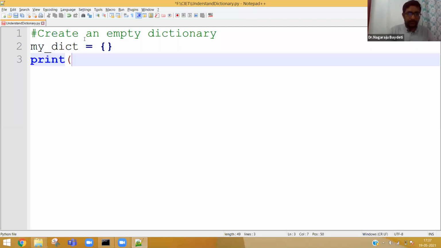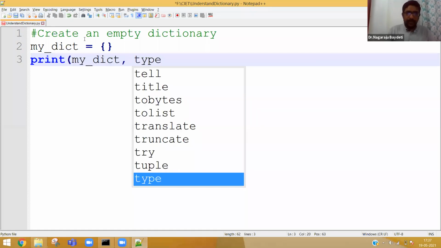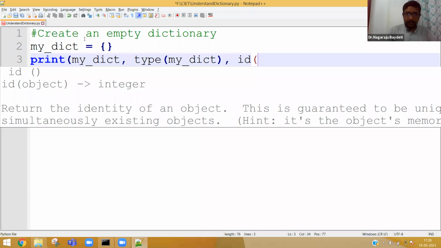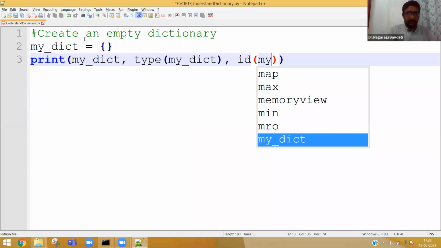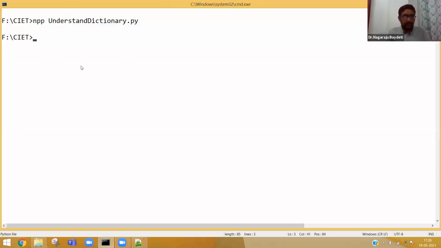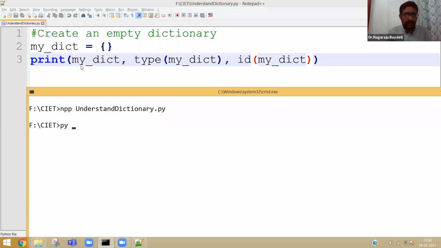Print my dictionary, the type of my dictionary, and also the location if you want to see. Now, let me execute this program. It's a very simple logic.